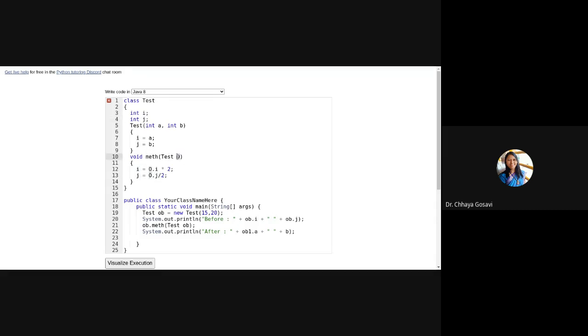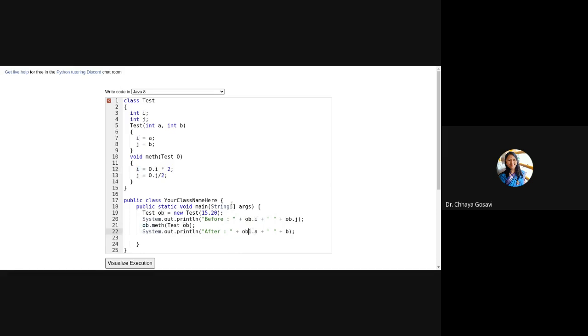So this o stands for this parameter. This is the argument that we are passing, and this is the parameter. And this object is calling this method math. So this i, j belongs to this particular object which is calling this method.